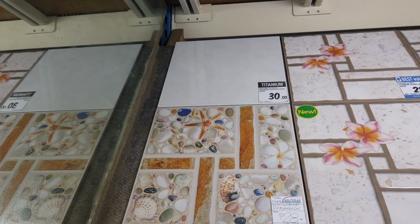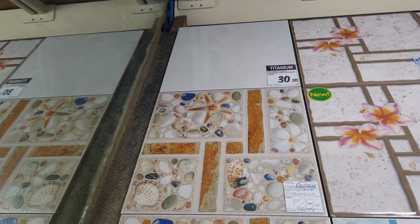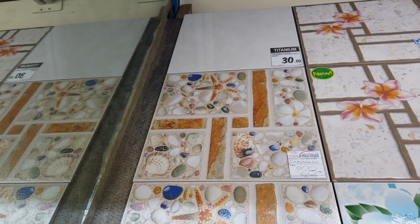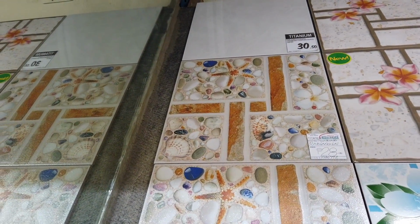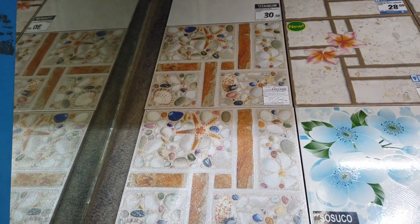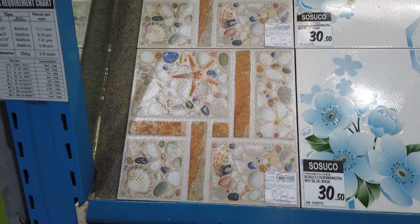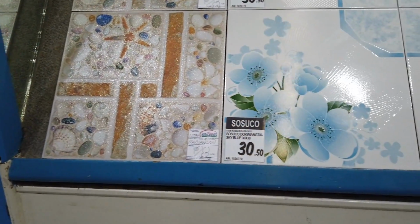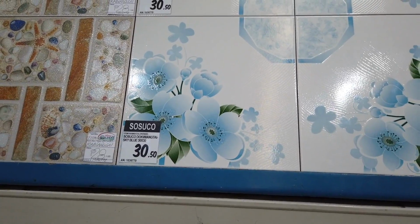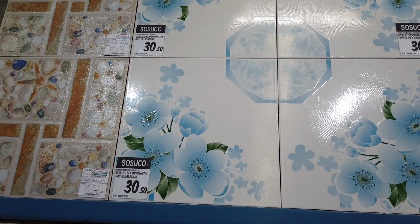What I'm showing you right now are the latest style trends for the first quarter of 2020, here in Cebu Home and Builders. What you're looking at here is the 30 by 30 centimeter tile measure and their latest designs. This is only 28 pesos here with the effect of stars, starfish and pebbles, and the other one is